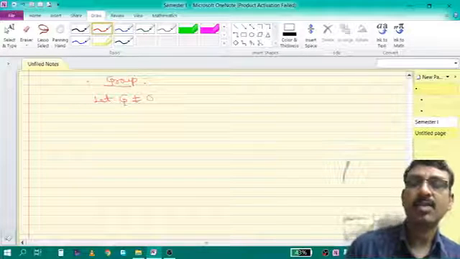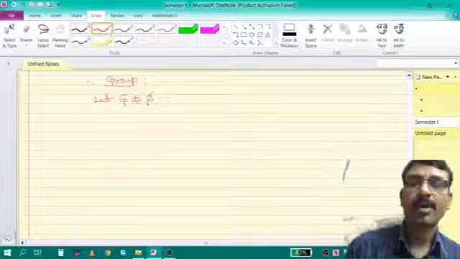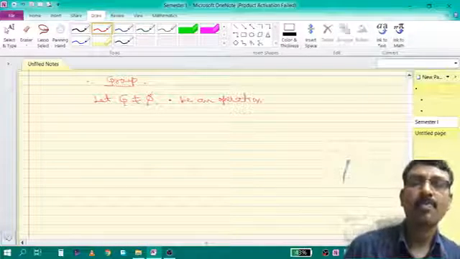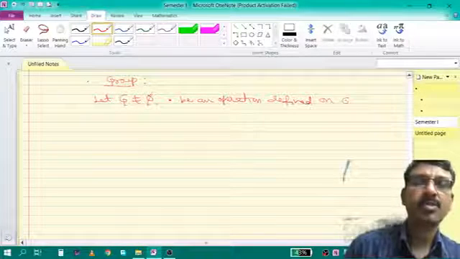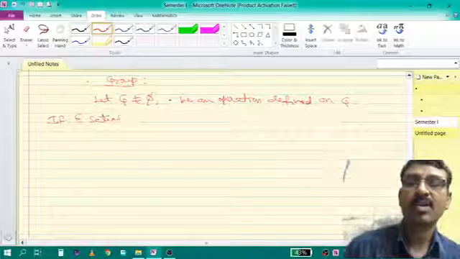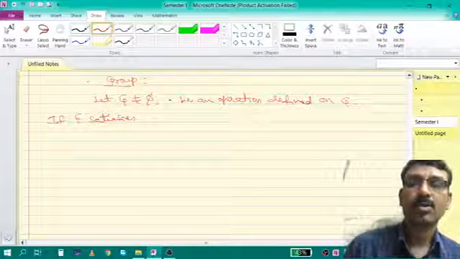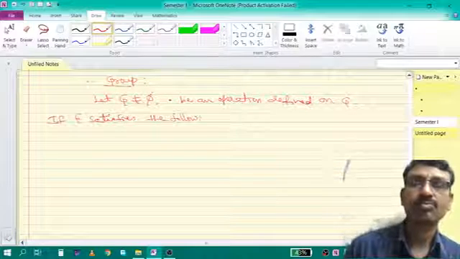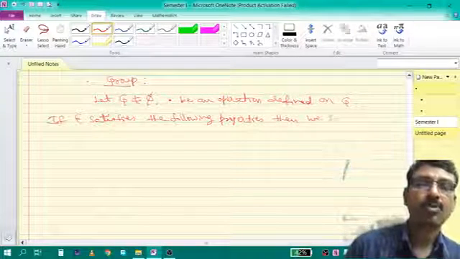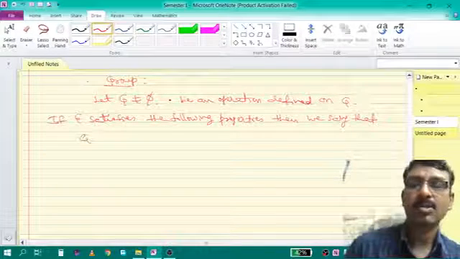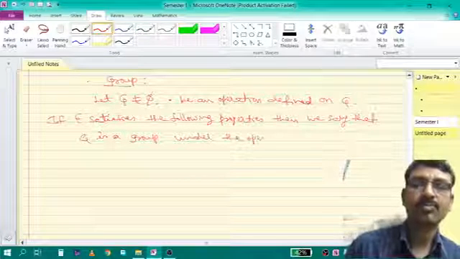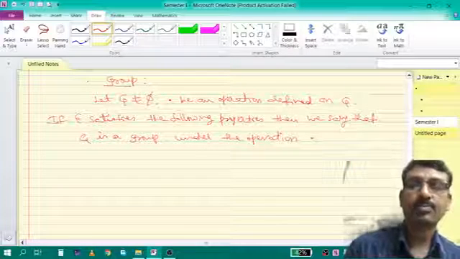Let G be a non-empty set and let dot be an operation defined on G. If G satisfies the following properties, then we say that G is a group under the operation dot. The properties are